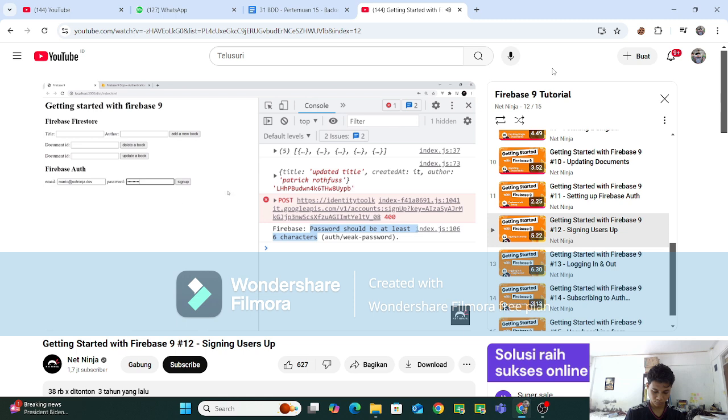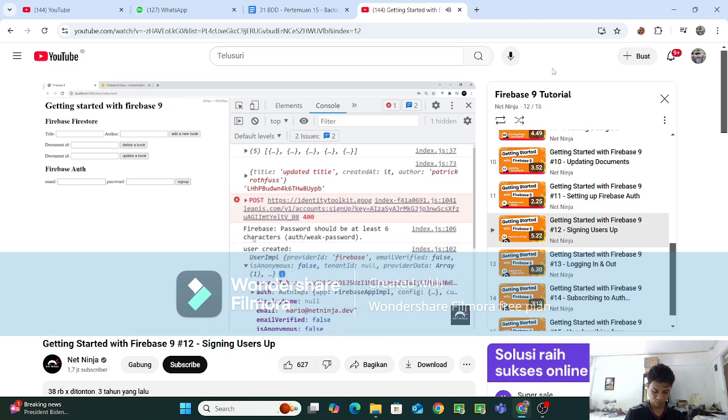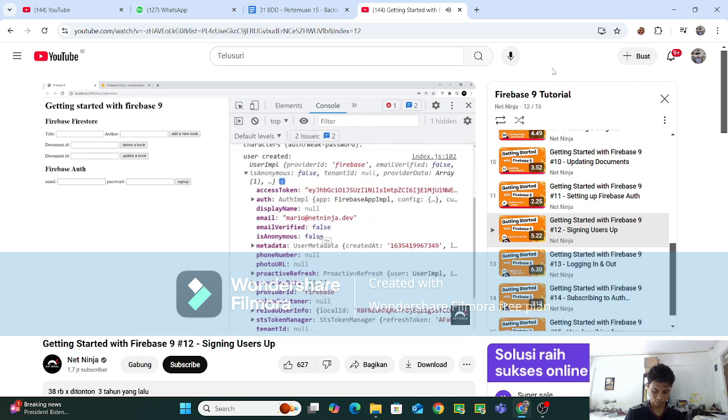up, and then that should sign up the user, and we should see the user object right here who's just signed up. So we can see user created, and this right here is the user object. Now, if we open this up, you can see a load of different information on the user, the access token, the email, and other things as well that we can set, like the display name. Now, we've not done that,